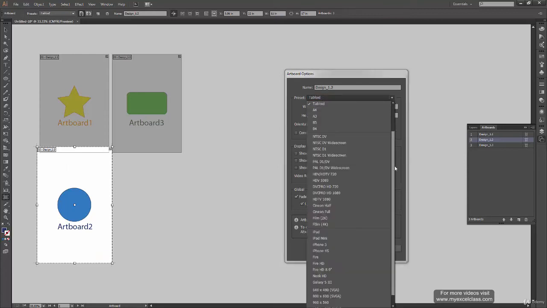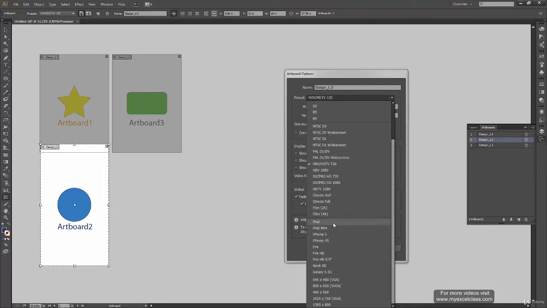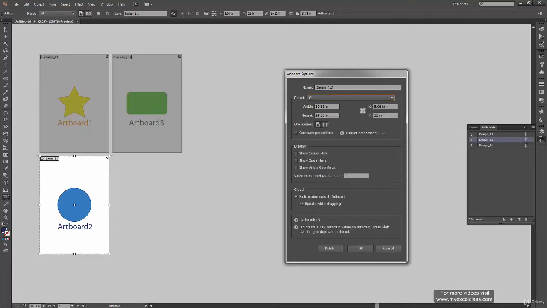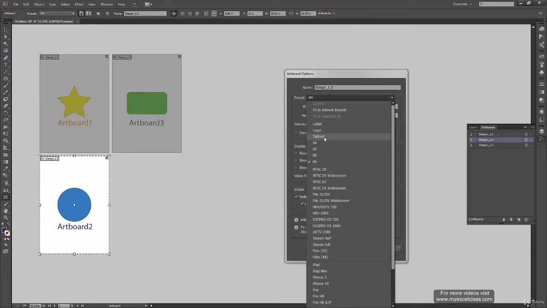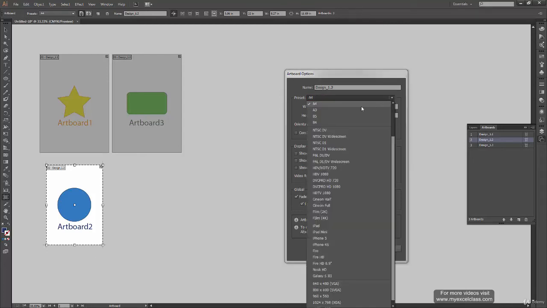I have all the presets present over here. A few of the mobile layouts also. Then I have this VGA layout. Then I have this 1080p and all these things. The print layouts, and I have all these presets present. So I can change it to any one I want. Let's say I have selected A4 right now.